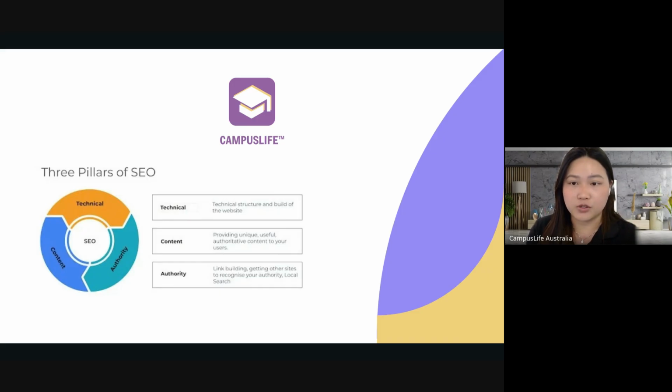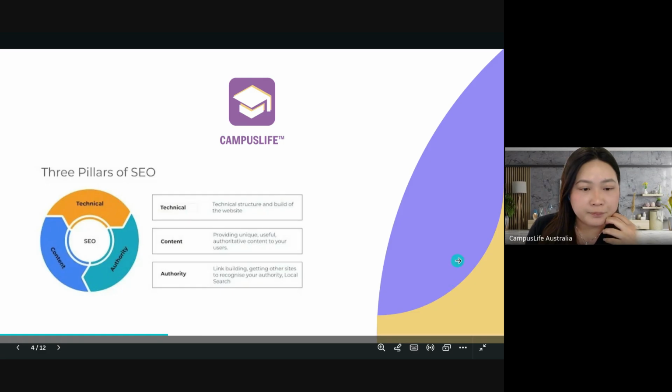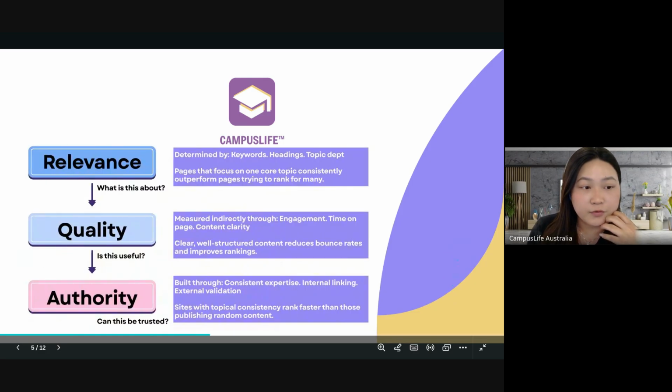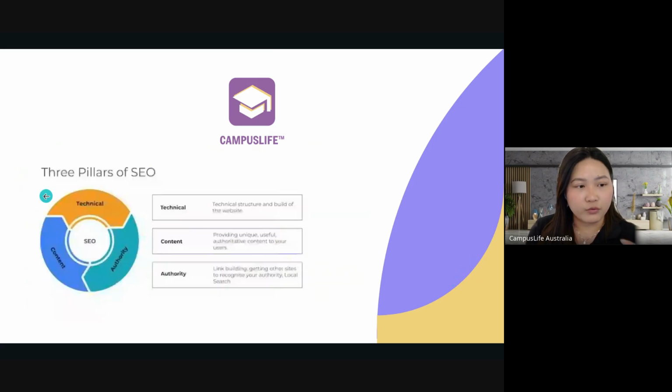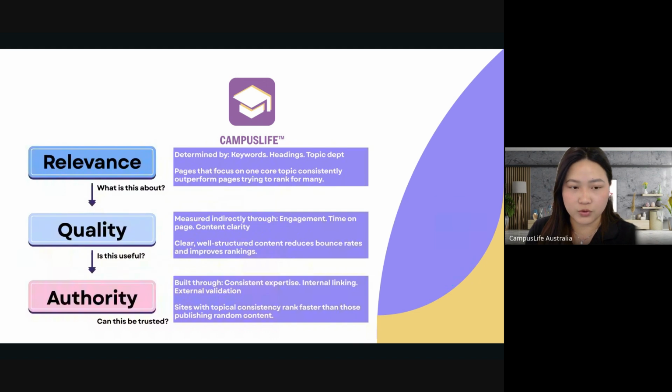When your website gets referrals from other websites, it ranks better because it can be seen as a credible and trustworthy source. And those are the three main pillars that we usually see if you search for SEO on Google, and that other people usually refer to.